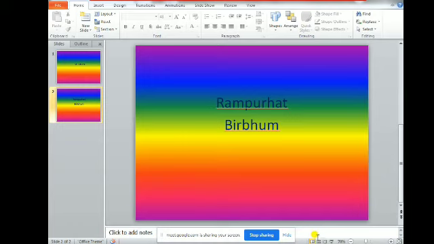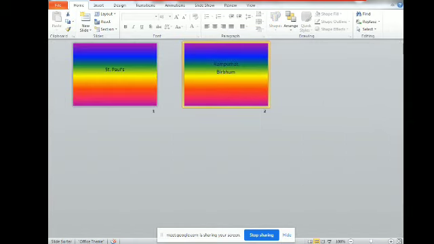Now I will click the slide sorter view, the second one, just see. This is the slide sorter. With this, what can we do? We can see how many slides we have made. In slide sorter view, we can see whatever slides I have made, the first one and the second one. Here in slide sorter view, we can only see the slides, we cannot edit anything. Clear? Now I'm going to the normal view.